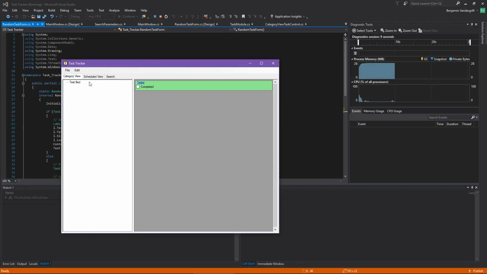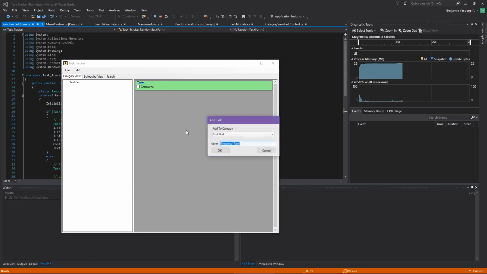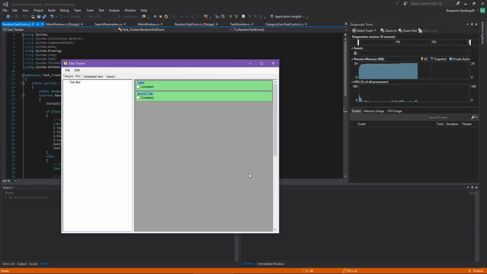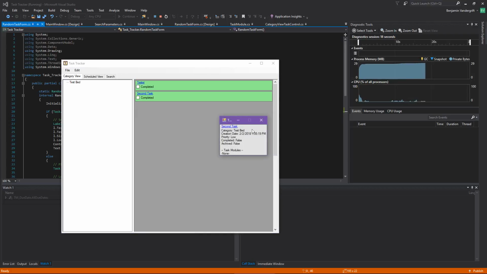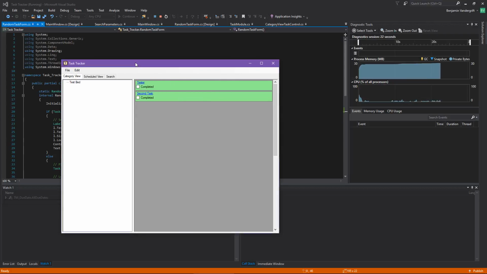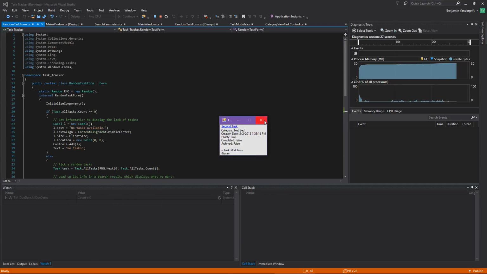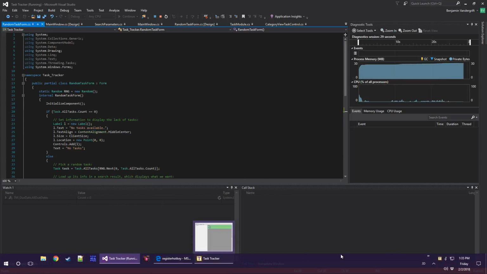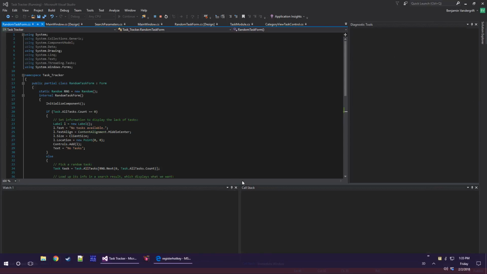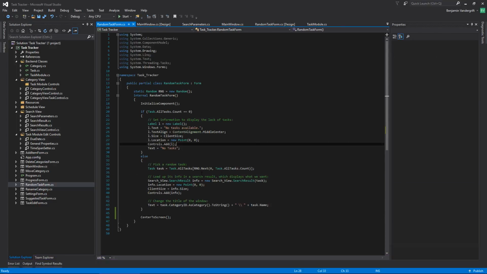But let's go ahead and add another task. Second task. Now I have second task, tester, second task, second task. You know, got those all piling up. Exit that. It's probably worth noting that,